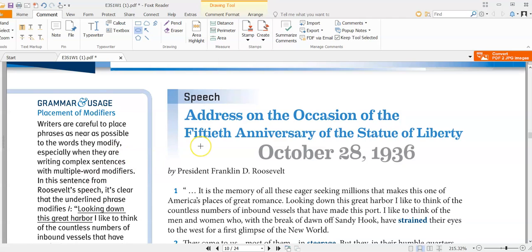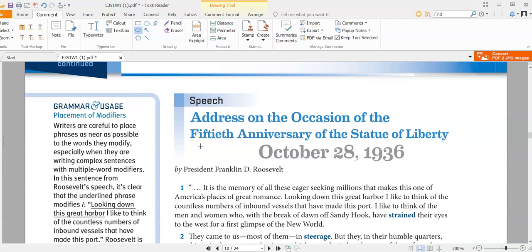Using the strategies that it asks us to use, underlining words that describe America, highlighting things that have to do with the immigrants, and then looking for unknown words and phrases by circling them. So paragraph 1. It is the memory of all these eager-seeking millions that make this one of America's places of great romance. Looking down this great harbor, I like to think of the countless numbers of inbound vessels that have